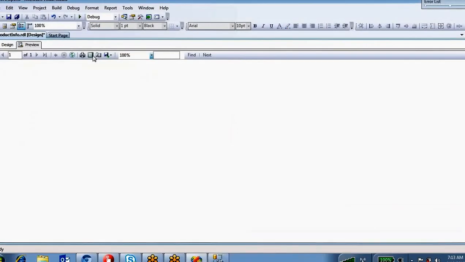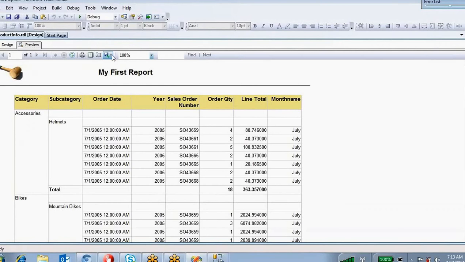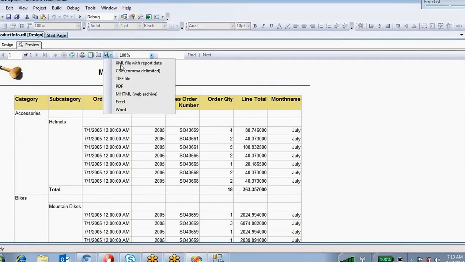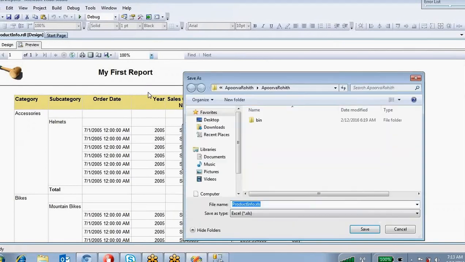Okay, right. So I'm going to take this one, export this report. Go to Excel, desktop.